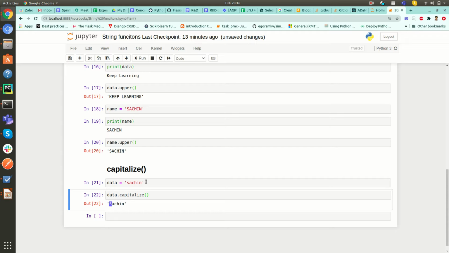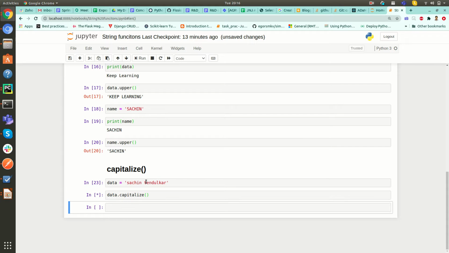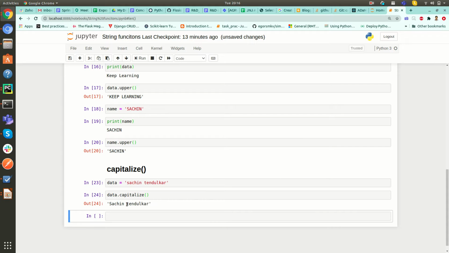You may wonder what happens if you give two words with a space. Executing this, you can see that however many words you give with spaces, in the whole string it will convert only the first character to capital. You may ask whether another capital in that string would affect it, so let us check.